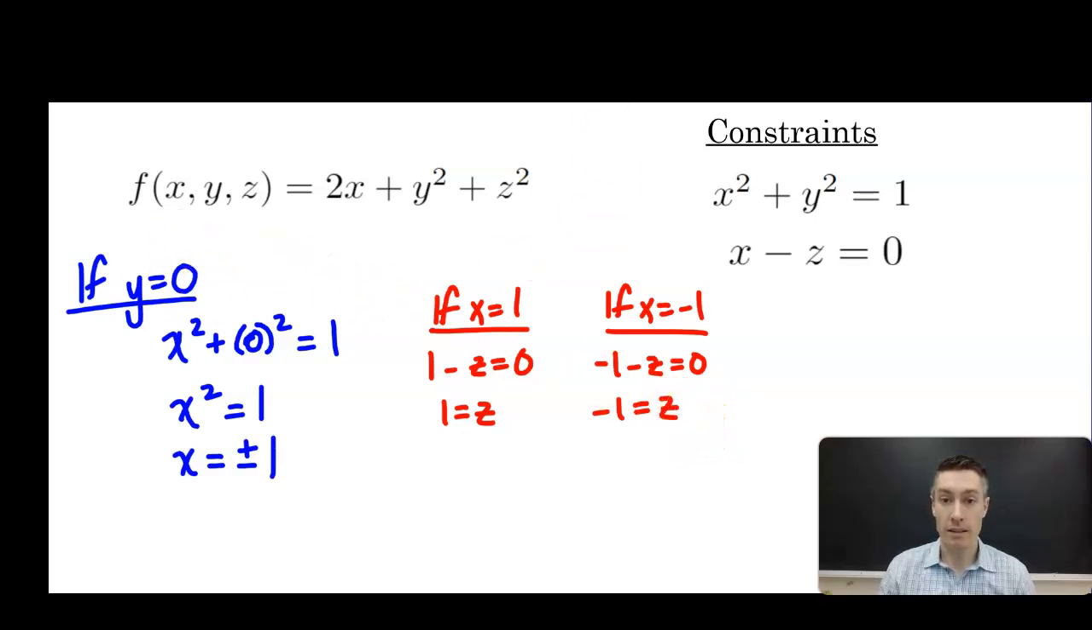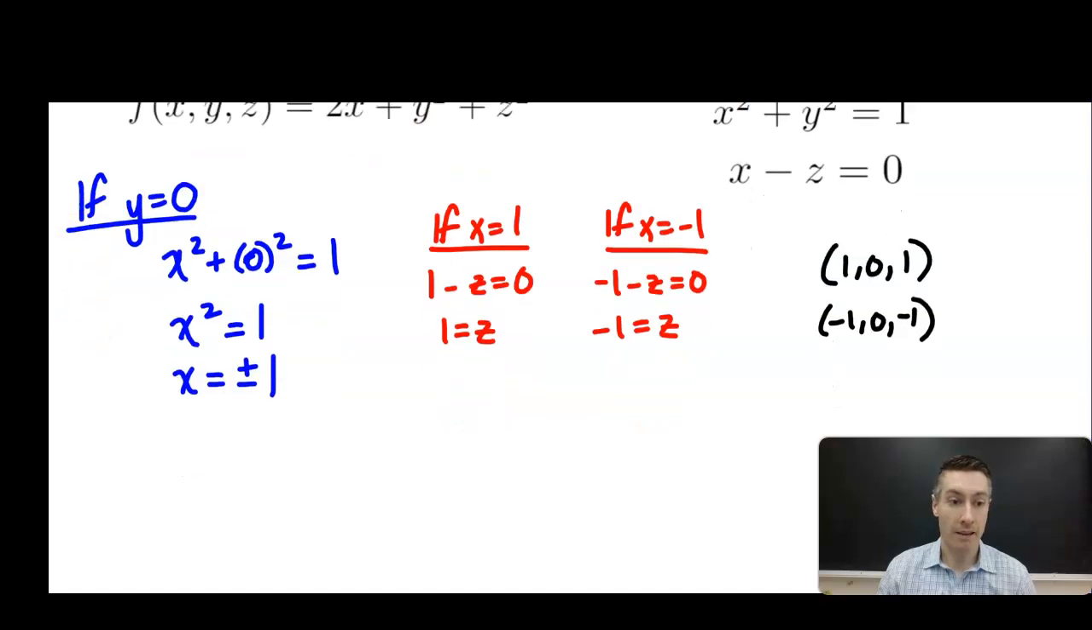So through this subcase, we get two critical points. Y is 0 at both the points. When x is 1, z is 1, y is 0. So we have 1, 0, 1. And then negative 1, 0, negative 1. All right, so there are the first two potential points where the max or the min occur. Now we have to explore the other subcase, and that's if